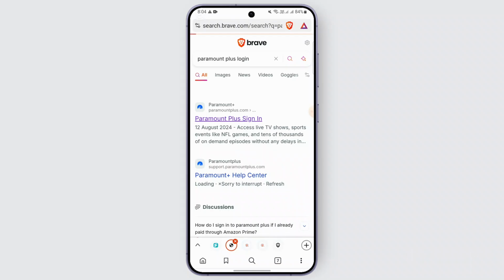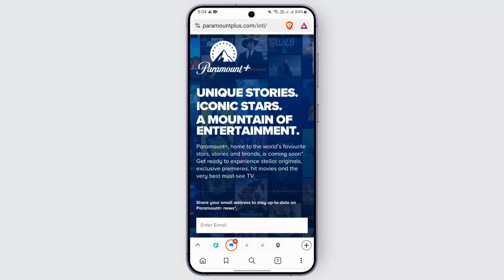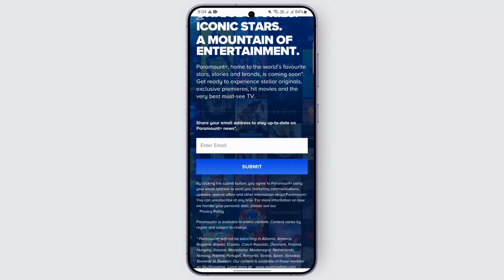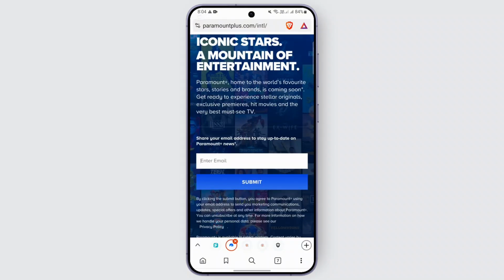Just click on it, and when you click on it, you'll be redirected to the Paramount Plus page where you need to enter your email address here. You can easily find that entering email address option. Just enter your email address, tap and submit. After that, you need to verify yourself, and after the verification process is complete, you will be easily logged in into your